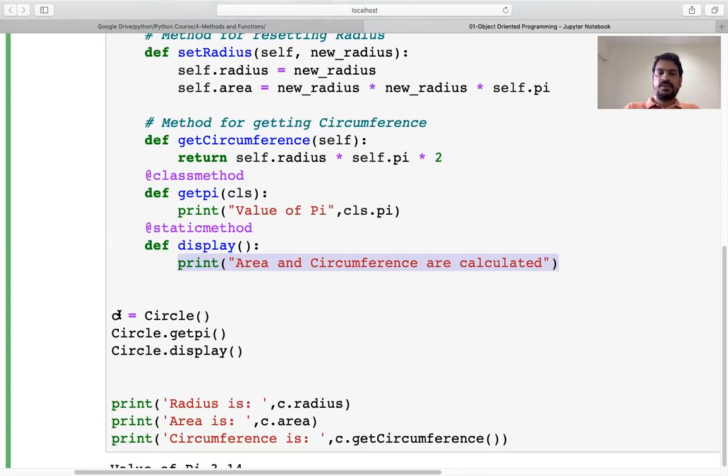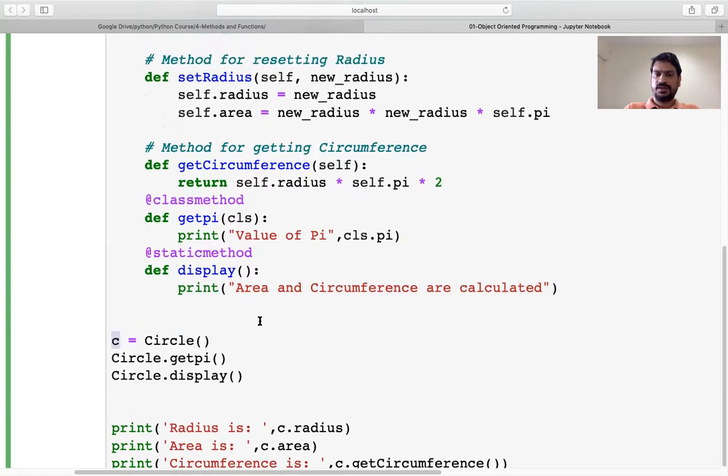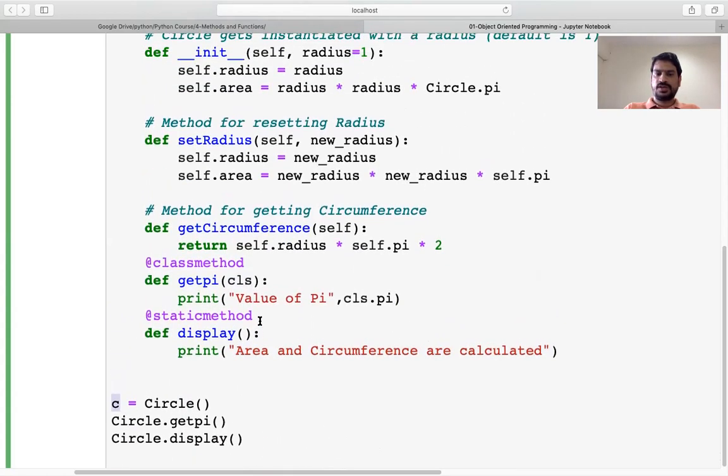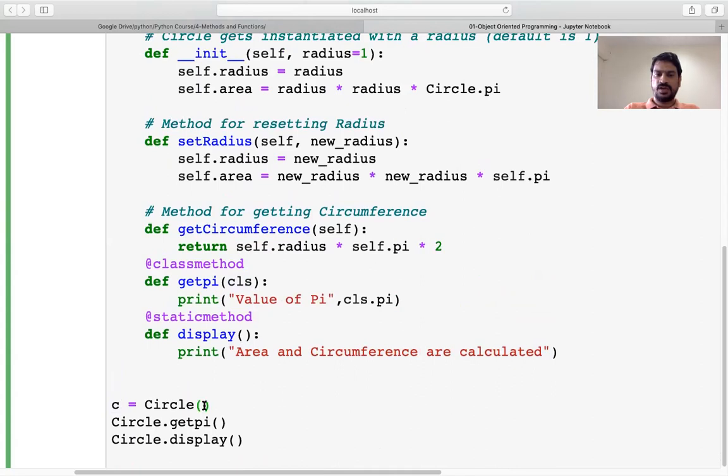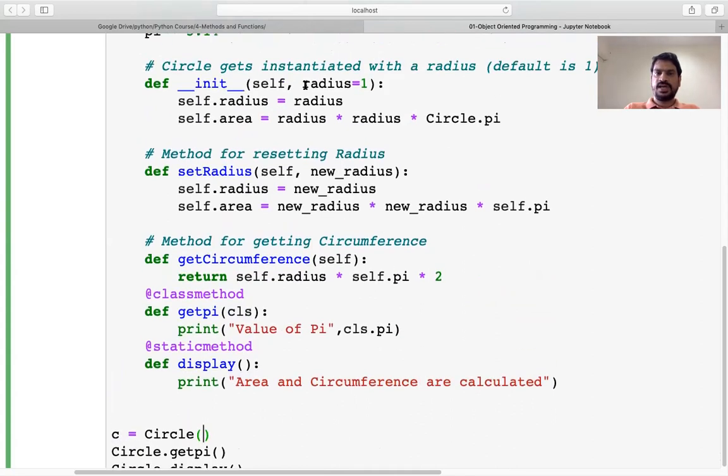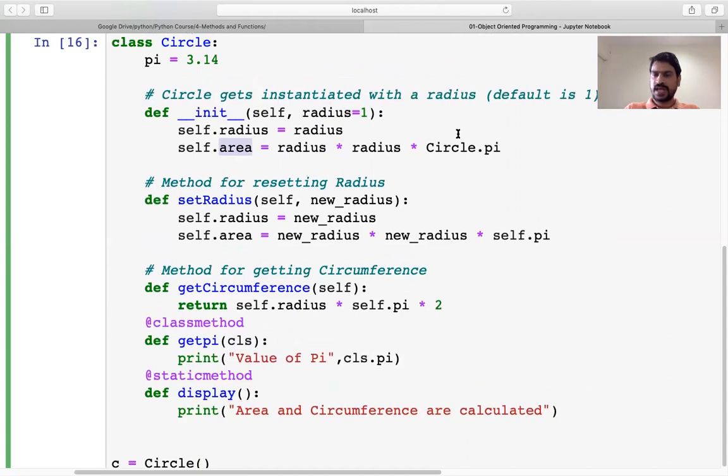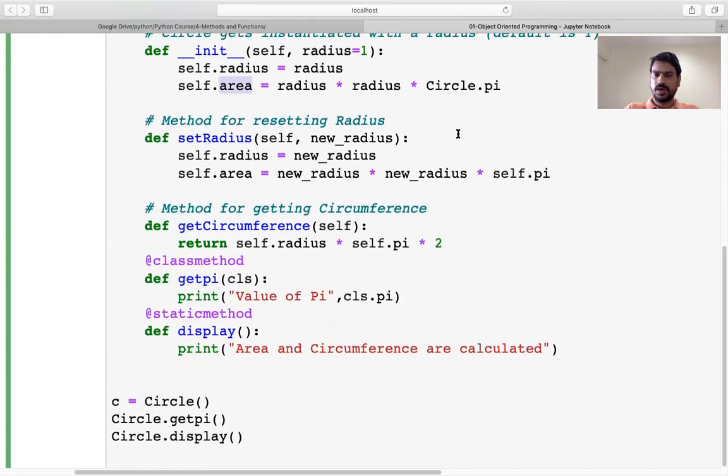Here we have a variable called c. So c is nothing but an object that we have created. Once we create the object without any attribute, it will take radius as 1, and area value as 1 into 1 into 3.15. So what is the area value? Area will be 3.15.